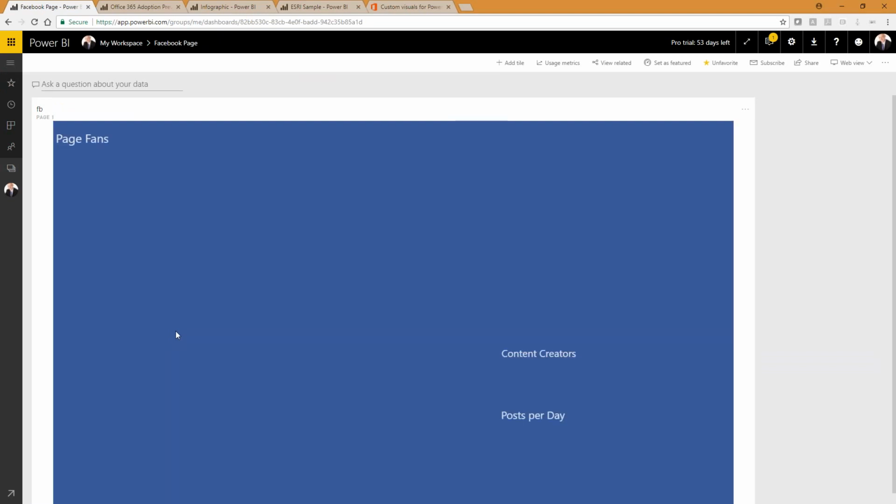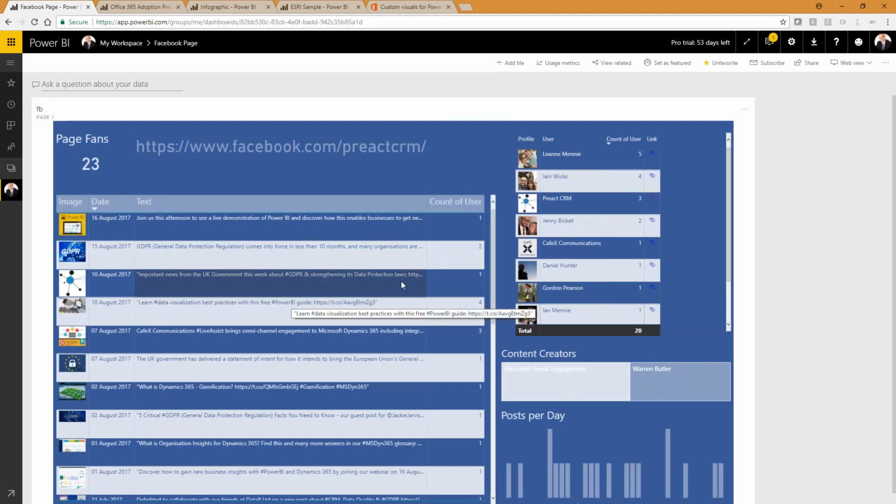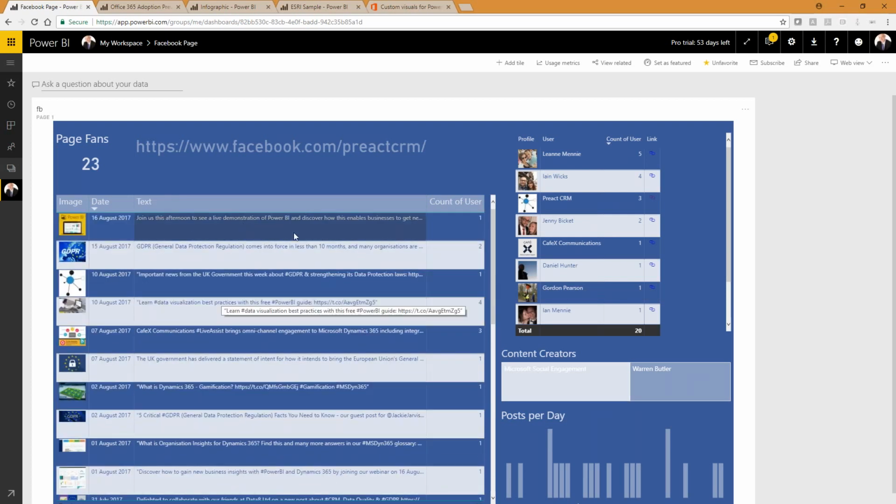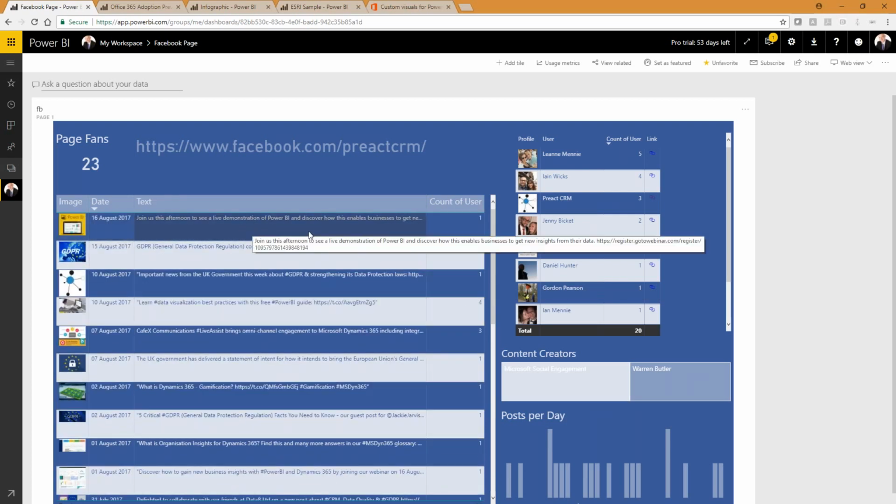Facebook. So using the Facebook Graph API, you can connect to your Facebook page. Again, this is connected to our live page here, so I can see all the posts that we've done. Again, here, it's the post that happened today. Join us this afternoon for a live demonstration of Power BI. I can click on that